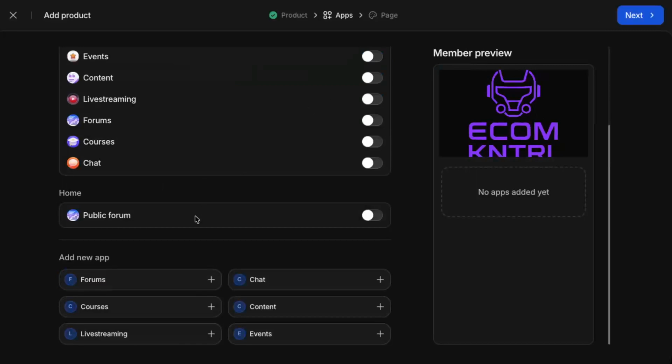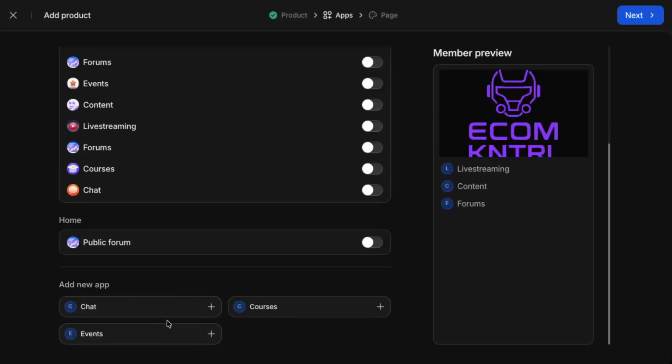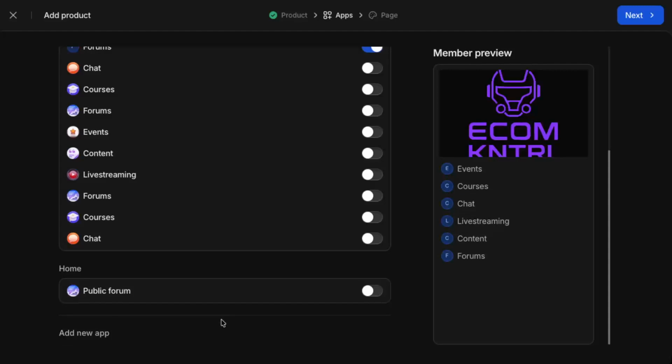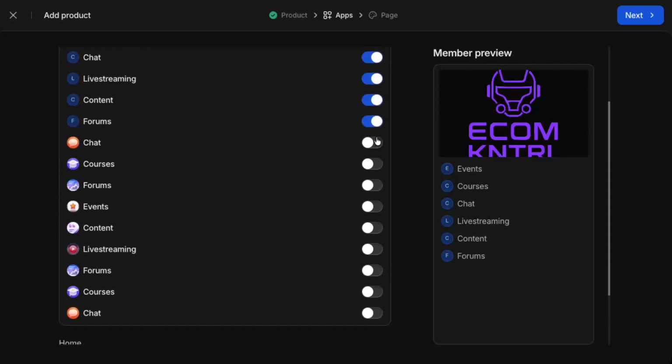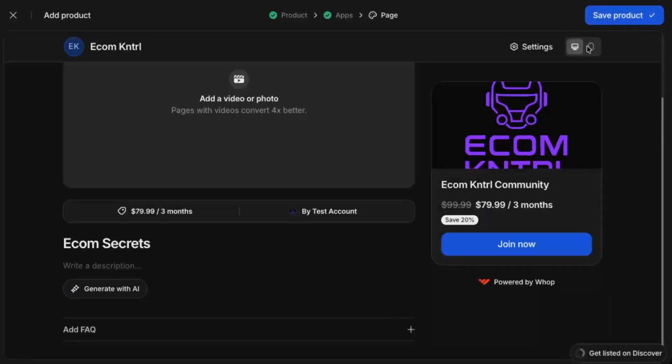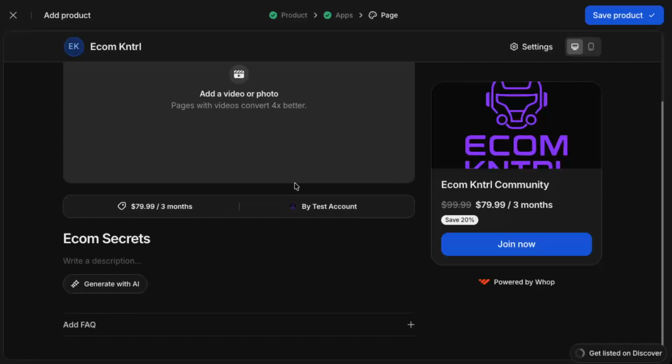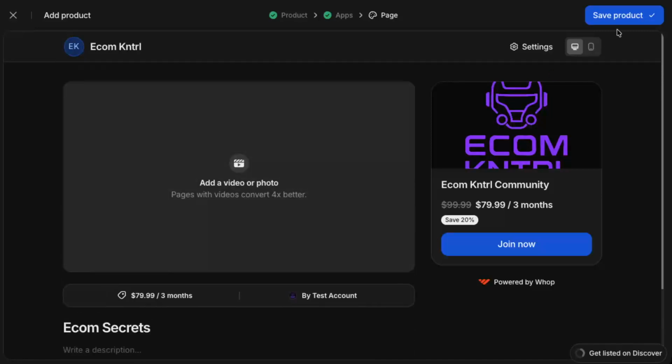Now you'll choose which apps to include in your community, like forums, courses, chat, content, events, or live streaming. Select the ones that match how you plan to engage and support your members, then click Next again. On the next screen, click Add a video or photo and upload visuals for your community. A strong cover image or a short intro video can dramatically improve conversions, so it's worth taking the time to add this. Finally, when everything looks good, click Save Product. Your community is now created on Whop and ready for you to